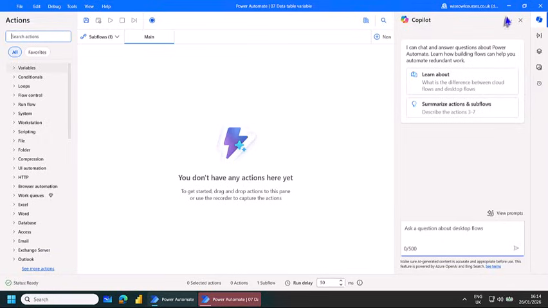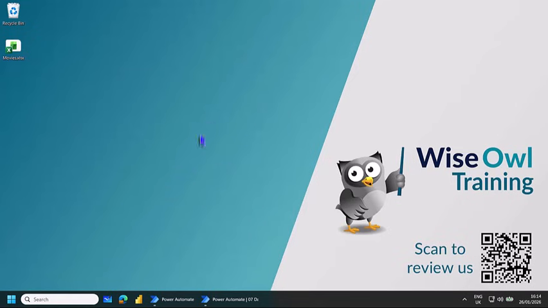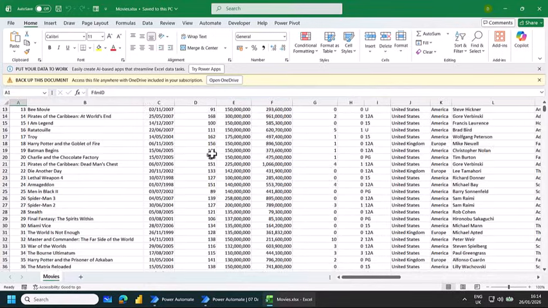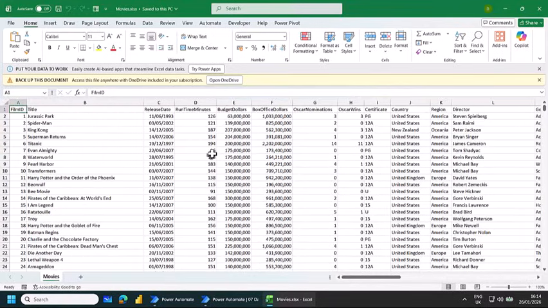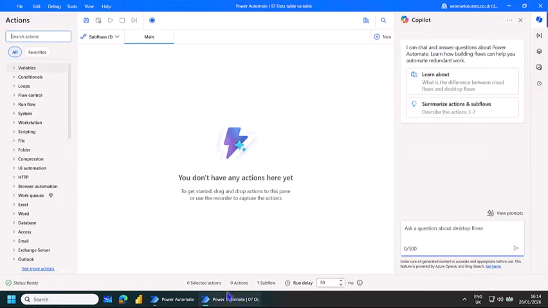If I minimize my Power Automate down, you can see on the desktop of this computer, I have an Excel file called movies. I give this a quick double click to open. You can see it's a whole myriad of movie data. Things like the title, release date. There are numerous columns and numerous rows. I want to pull this data and hold it in a variable in Power Automate. So if I close my Excel, go back to my Power Automate,